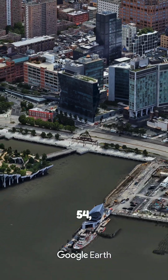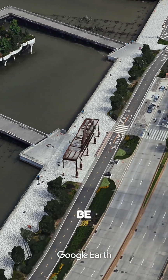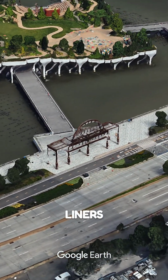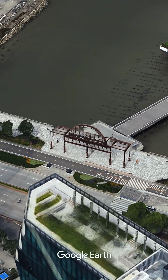This is Pier 54, a dilapidated dock that tells the story of Titanic's missed arrival. Pier 54 was one of many piers to be built along the western bank of the Hudson River to cater to the huge Atlantic liners of the early 20th century. If all went according to plan, the Titanic would have pulled into Pier 59, which was owned by the